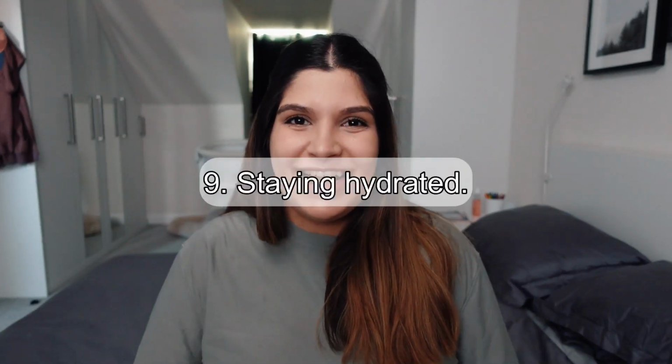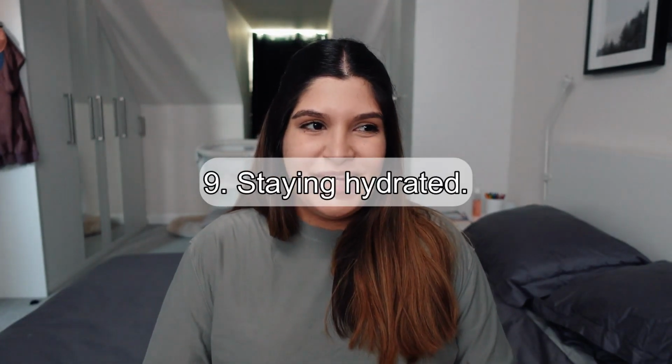Number 9, staying hydrated. I've never been a very good water drinker ever in my life. During pregnancy, I have been trying to make an effort to drink more because it's important for the placenta and for your amniotic fluid. But now, especially in the last few days, towards the very end of the pregnancy, everyone keeps telling me it's important to have your body very well hydrated for labor. That's gonna help the process and it's gonna help your body do what it needs to expel the baby and